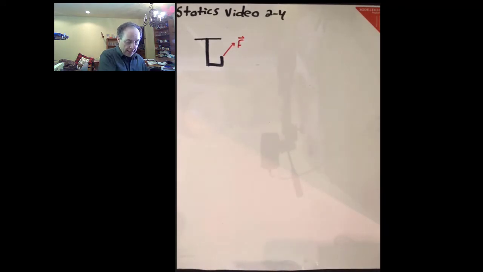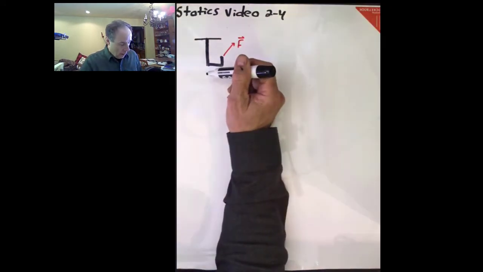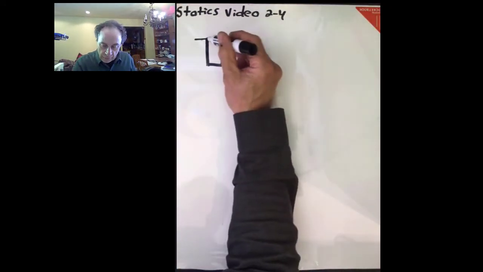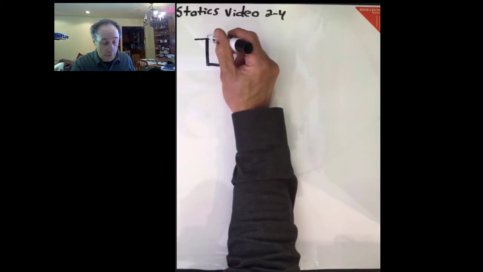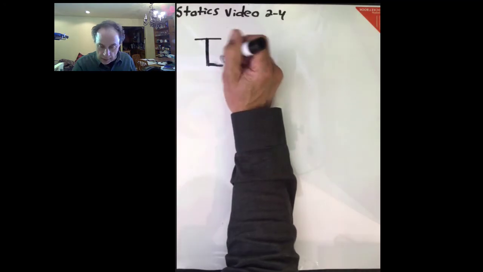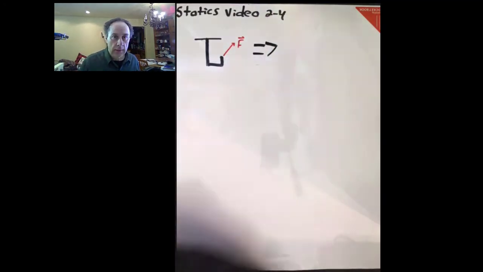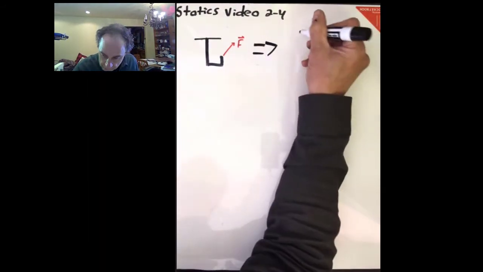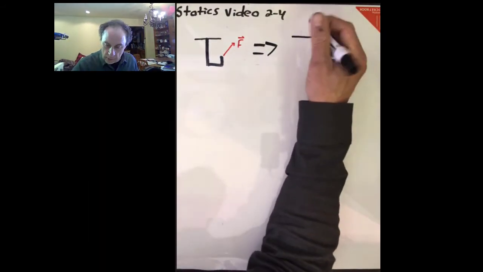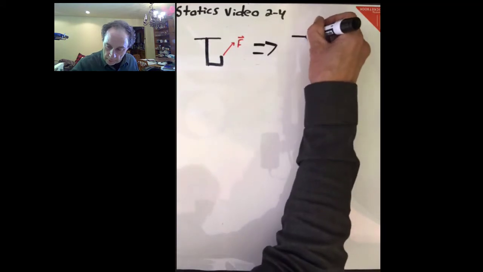Well, you know that this is exerting a force that's being transferred up to the surface, but you know this is also rotating it. So this is equivalent, that surface up there,